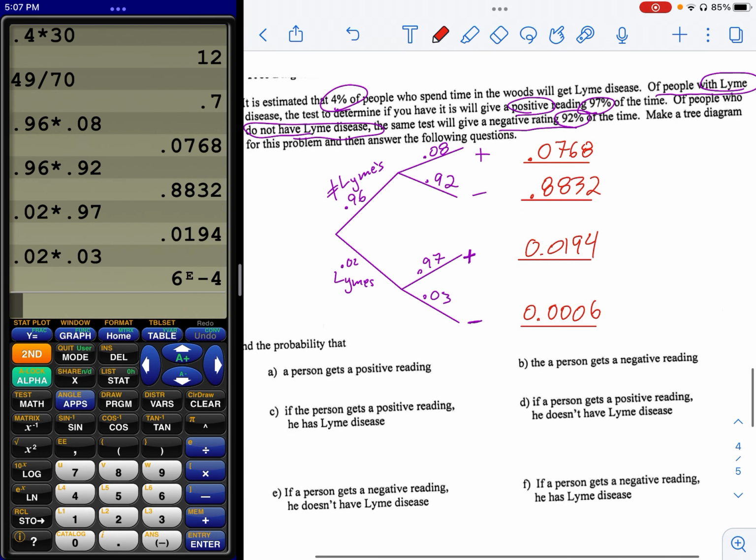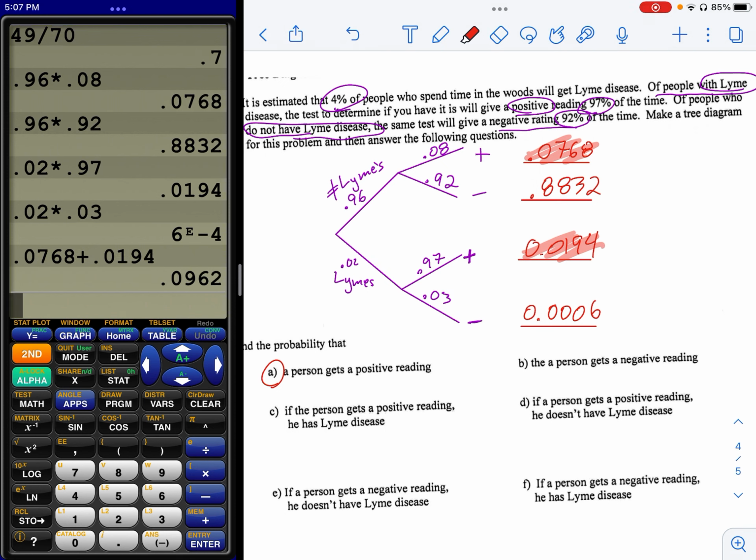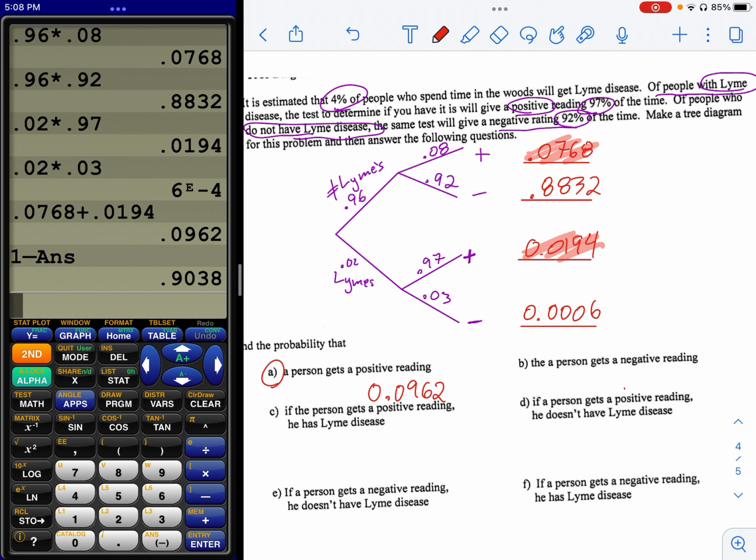All right. What's the probability someone gets a positive reading? That would be this one and this one added up. 0.0768 plus 0.0194. That's a lot of positive readings. That's almost 10%. 0.0962. There we go. B, that the person has a negative reading. Well, couldn't I just do 1 minus the answer I just got? Sure, why not? Or if you'd rather, you could add up this plus this,